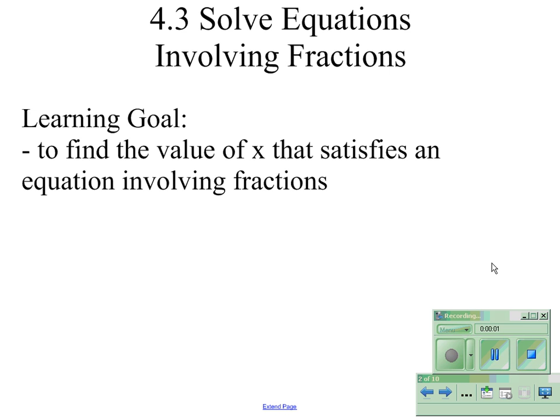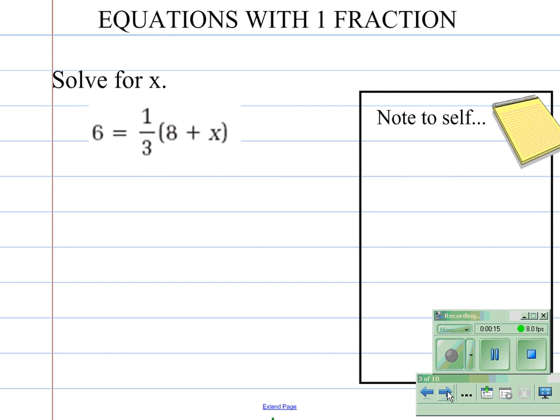Today's lesson is 4.3, solve equations involving fractions. And the goal, once again, we've been doing this all chapter, is to find the value of x that satisfies the equation, but these types of equations will involve fractions. All right, so if there is an equation with one fraction, you will right away be able to identify the